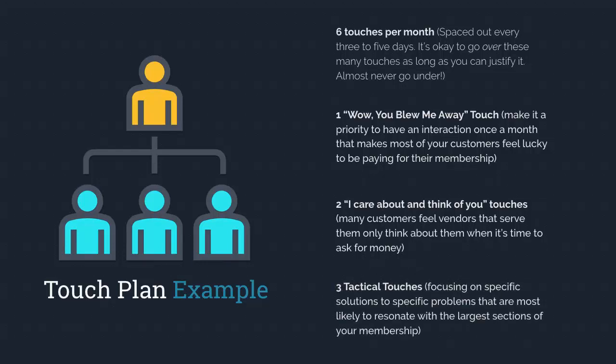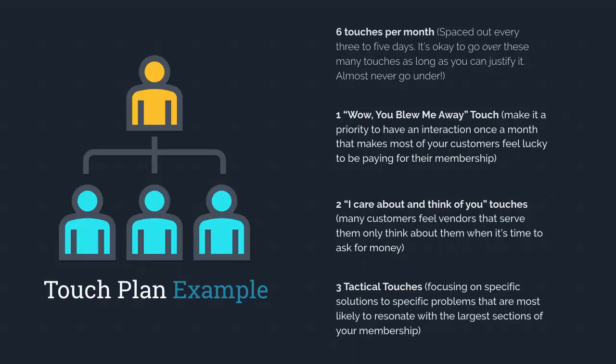This is where, related to the nature at hand, you get some specific solutions, step by step. First do this, second do that, third do that, how to, that kind of stuff that hits the different slices of your members area, the different community portions of it, it could be based on feedback even, what they give you, or based on observation. And then you consistently do that. So you say, okay, I have to touch them 6 times. 1 time per month, I got to blow them away. 2 times, I got to show them more than anything with the content that I give them, that I'm really thinking about them and always looking out for their best interest. And then 3 times a month, I just got to prepare them for certain situations. That's a fantastic touch plan.